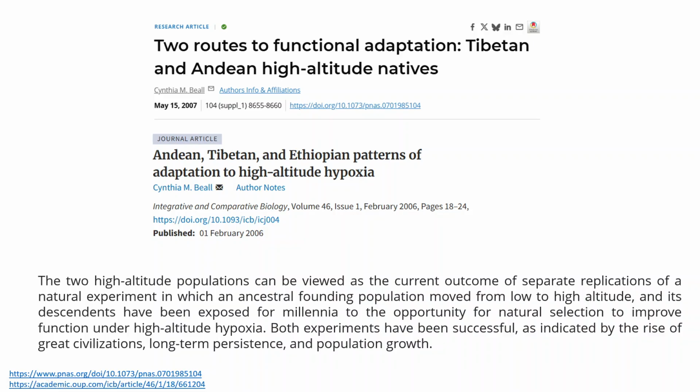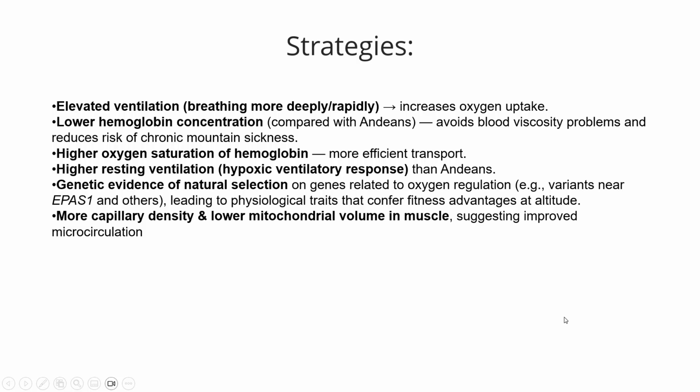But anyhow, that means they beat natural selection in some way, and they improved their function and preserved the genes that help them survive and beat high altitude hypoxia, right? And so some strategies that they use are like elevated ventilation, so you breathe more rapidly